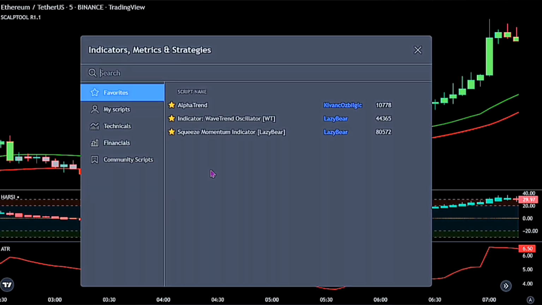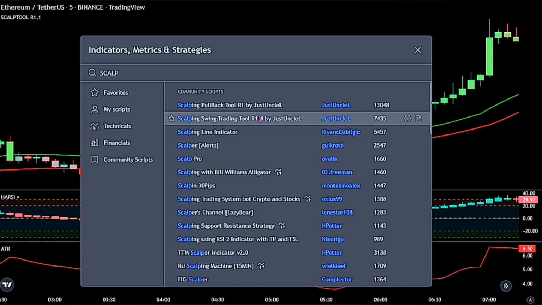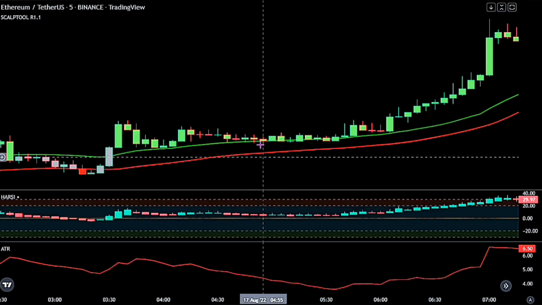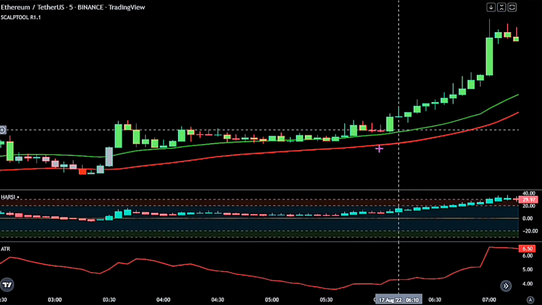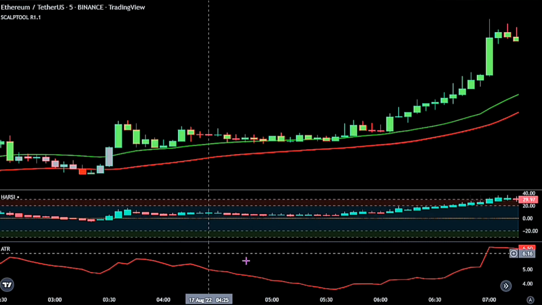Now for the first indicator, we have the scalping pullback tool by Just Uncle L. Now this indicator gives its own bar candlestick color on the chart, and it equally has its own moving average. We would be using this indicator to identify the general trend in the market, as well as pullbacks in price action. We would be revealing how we filtered all this indicator and the settings we used for the indicators later